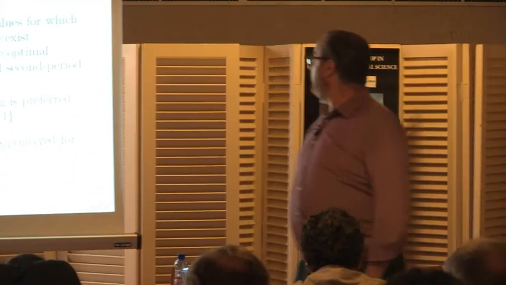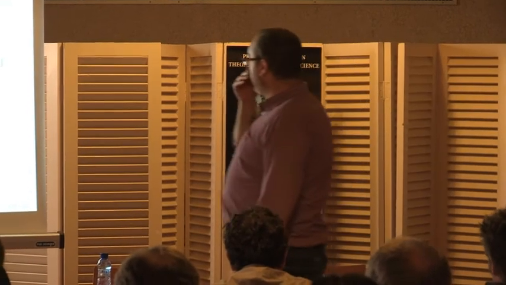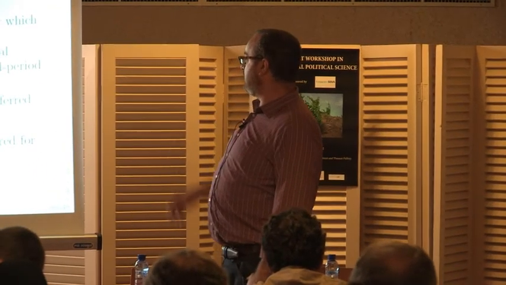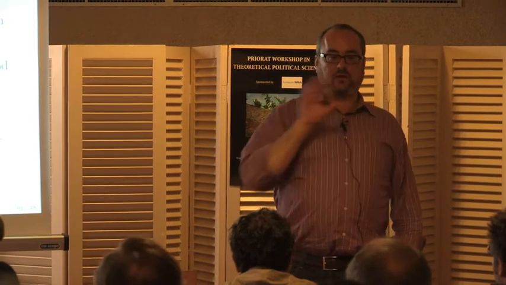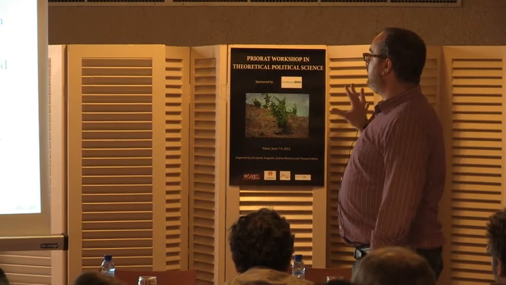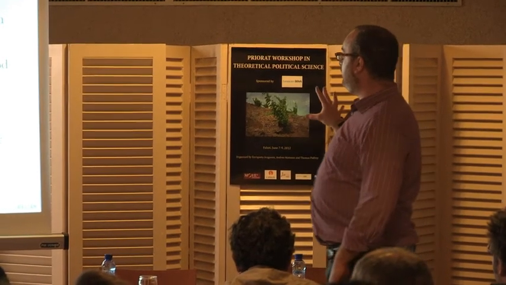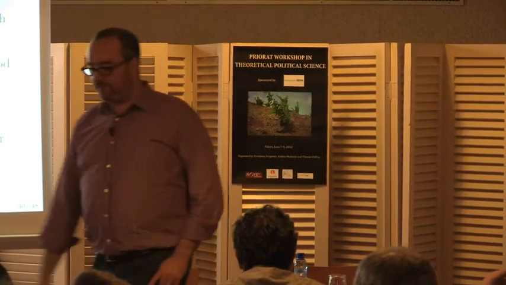All right, so again, we have a result that says either institution can be optimal. There exist parameter values such that either institution is optimal with respect to second period. I should be clear, we're talking here about ex ante expected second period welfare. So not at the time of election, but at the beginning of the game. If the correlations are sufficiently small, then unbundling is going to be preferred. And if the correlation is sufficiently large, then bundling is going to be preferred.